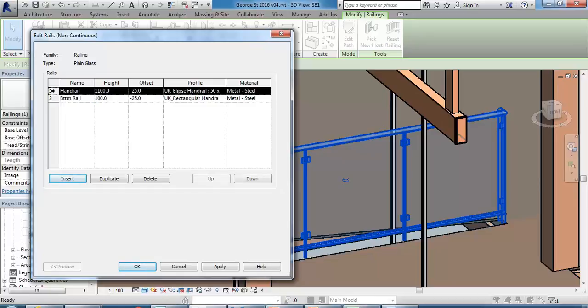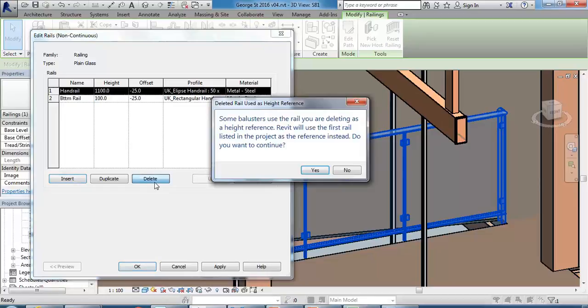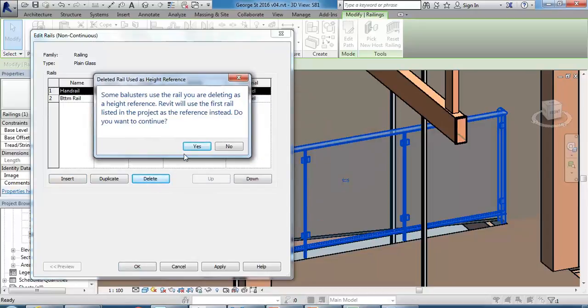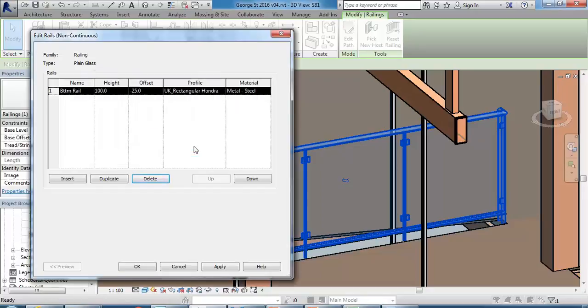I'm going to delete the higher one, and it's going to give me a warning about balusters using it as a reference. That's okay. I'm just going to say yes, I want to continue, and then with the bottom rail I'll change that to glass, make the height 0, and then the offset,